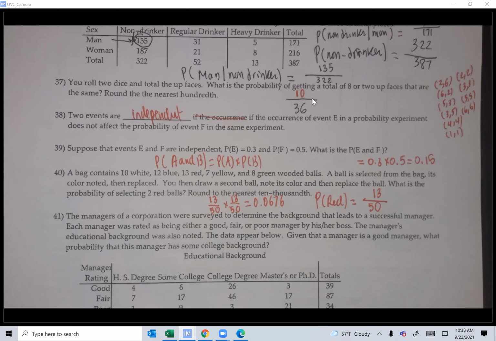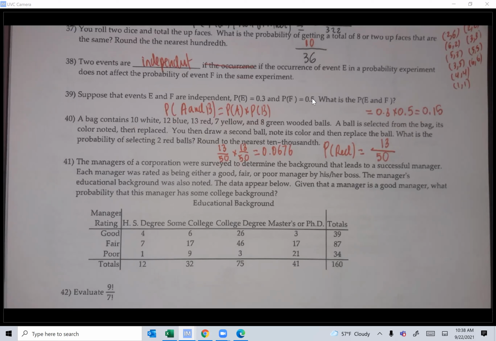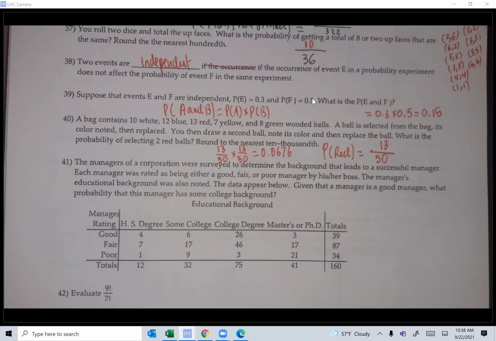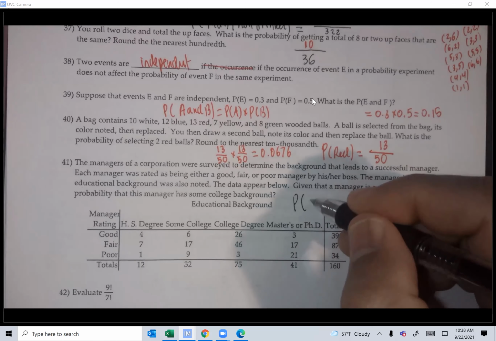Okay, 41. The managers of a corporation were surveyed to determine the background that leads to a successful manager. Each manager was rated as being either a good, fair, or poor manager by his boss. The manager's education background was also noted. The data appear below. Given that a manager is a good manager, what's the probability that the manager has some college background? Okay, so the probability of some college